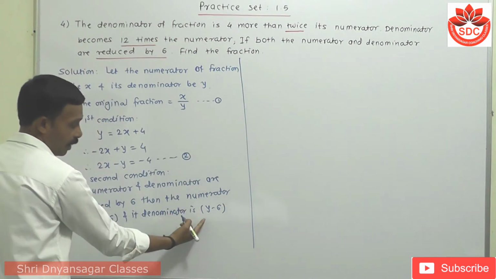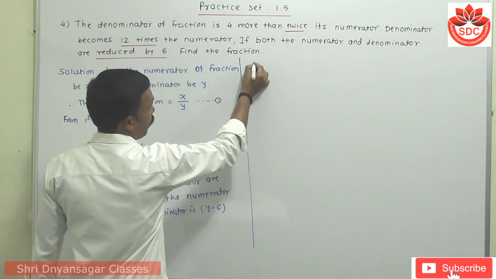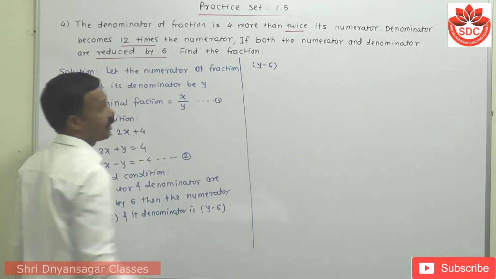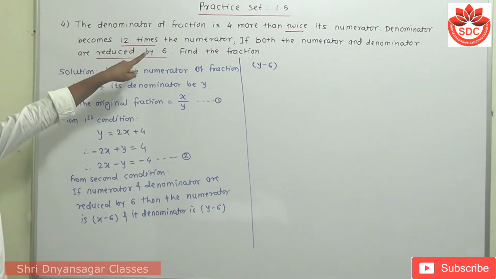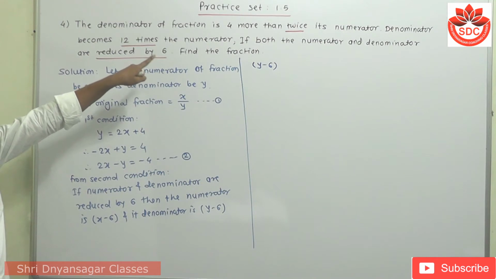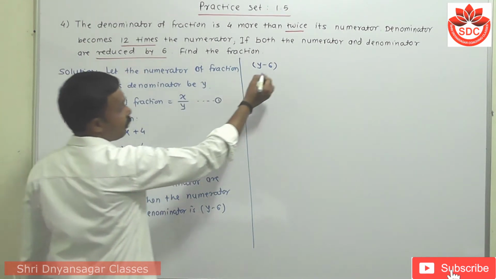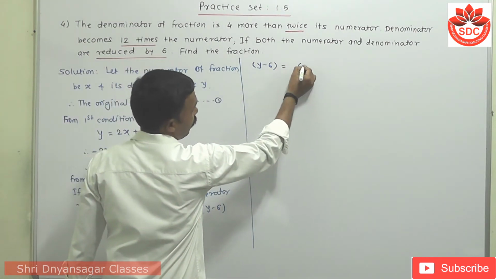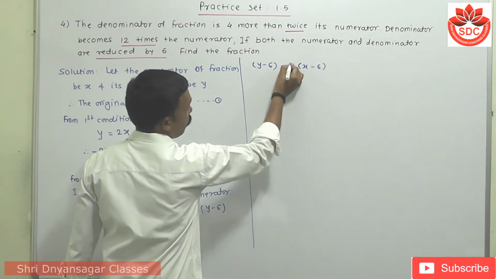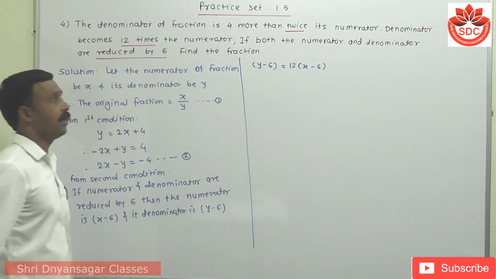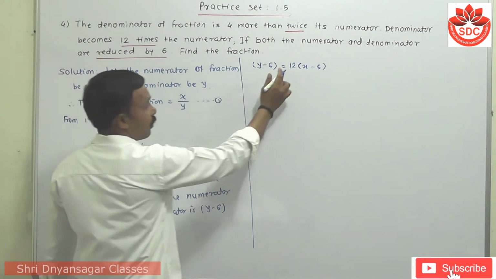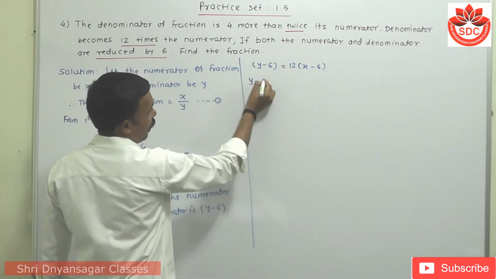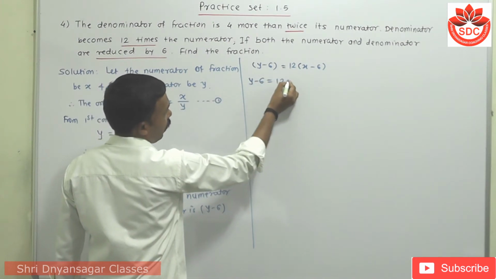The denominator, by reducing by 6, is y minus 6. Then the denominator becomes 12 times the numerator, that is 12 times x minus 6, so you have to multiply it by 12. Then the equation becomes y minus 6 is equal to 12x